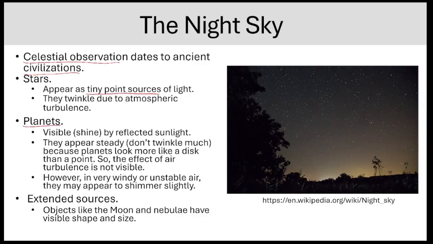In contrast, planets are close to us compared to all these stars, and a planet looks like a disk instead of just a point source. Planets shine steadily because they reflect sunlight, and as we said, they look like a small disk, not just a point. And since they look like a disk, with a higher surface area compared to what we see